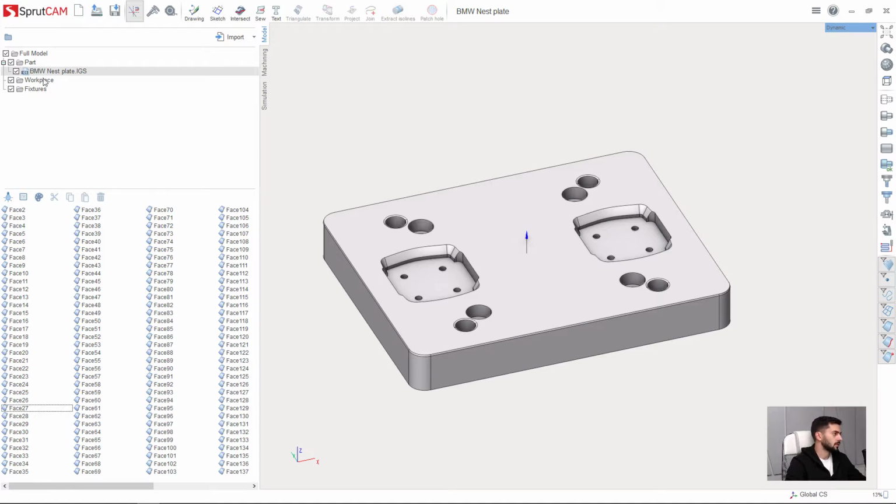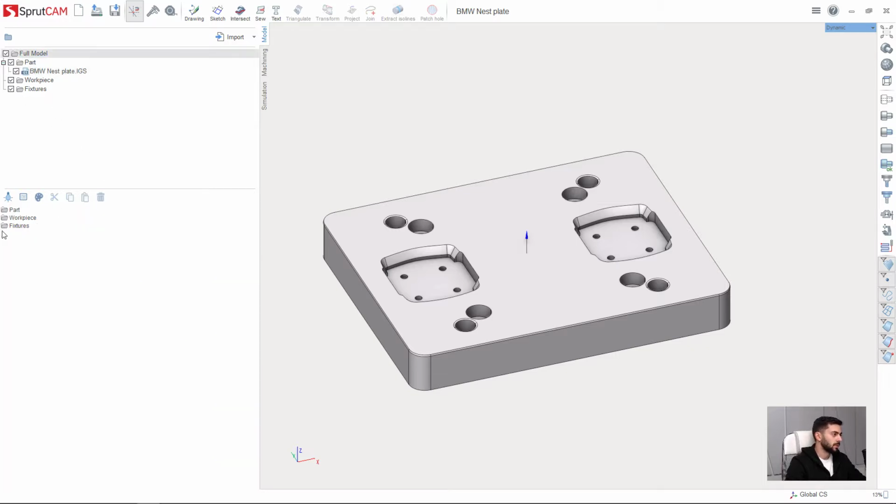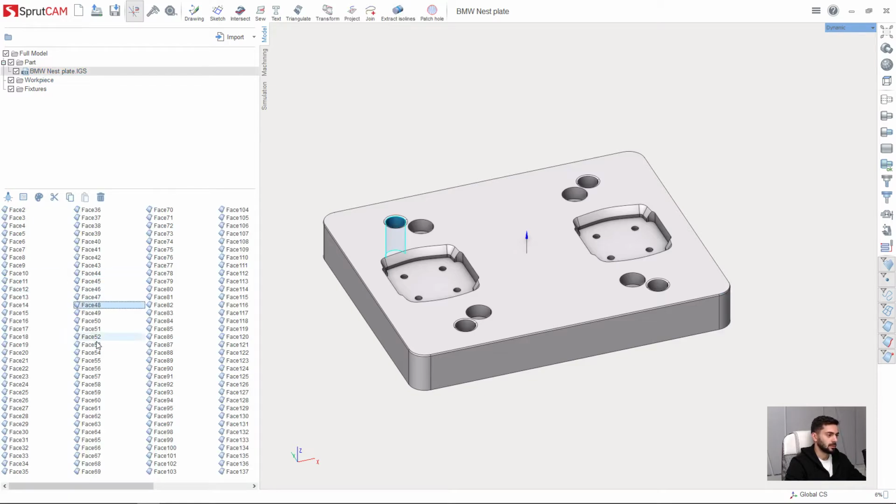So here on the top left you can see the structure, which has folders, which has some objects, and here in the bottom you can see the content of the folder or of the object which is selected on the top. For example, if I select full model, I can see the content of this folder. As you can see, these folders I see here. For example, if I select part, I can see what is inside the part folder, this model. If I select the model, I can see the faces of this model. Okay, these are the objects